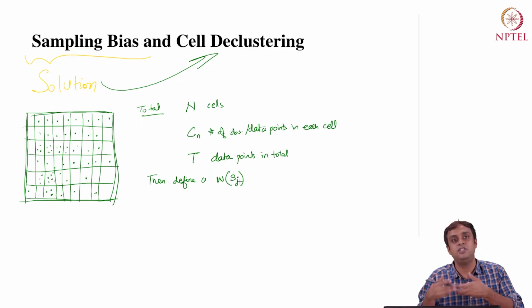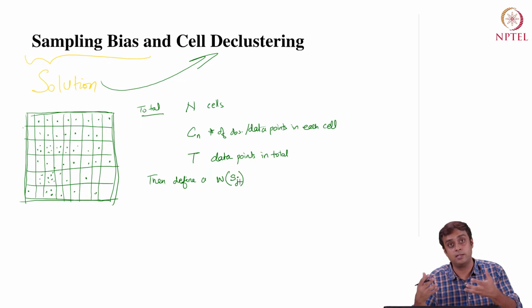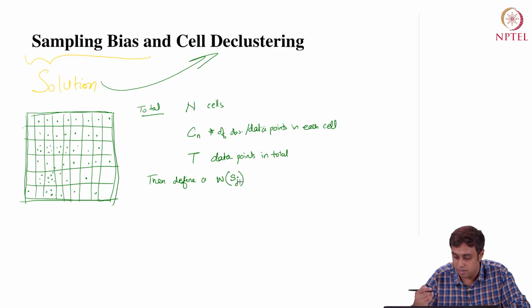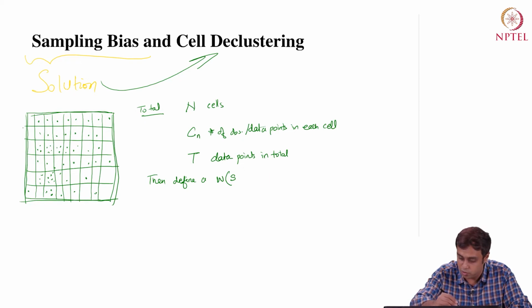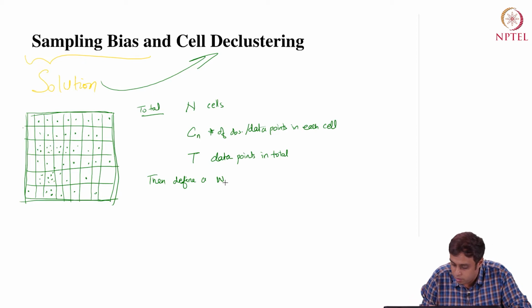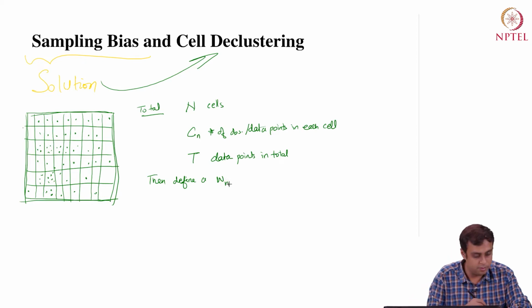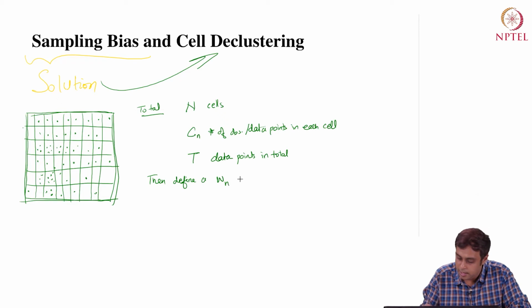So, this is cell j, right. So, jth cell, I have this weight that I am defining. I could in fact just call it Wn, right, Wn, and this will be equal to, I am going to define this weight as Ct